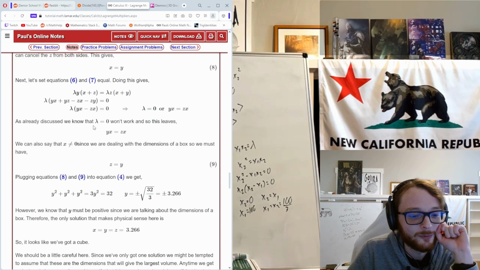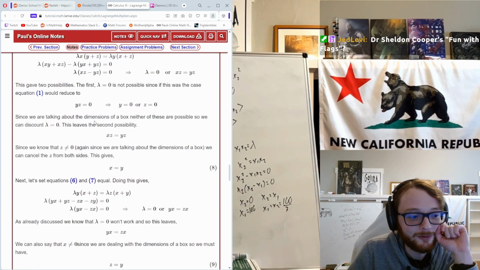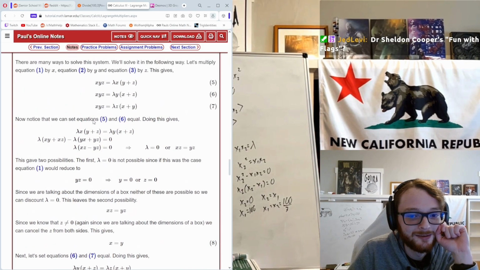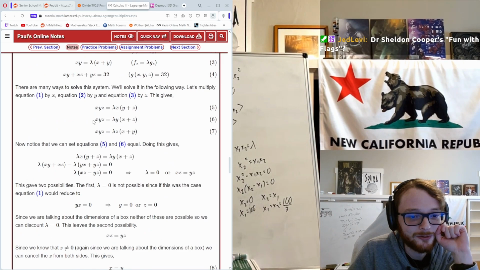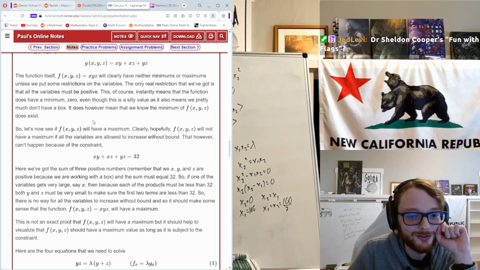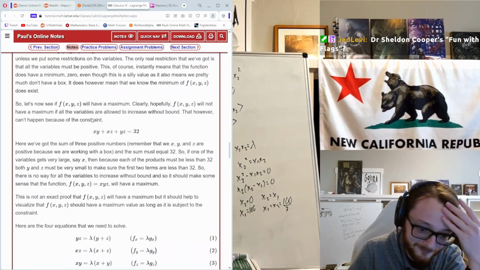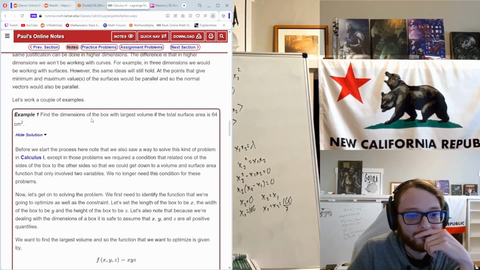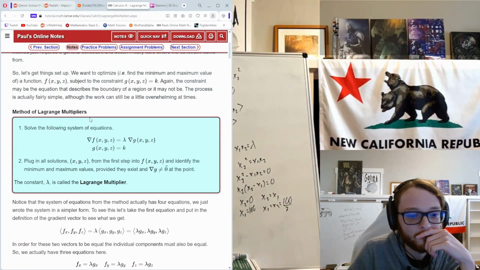Dr. Sheldon Cooper's fun with flags. Oh, vexillology is the study of flags. But I definitely have not watched The Big Bang Theory. Isn't that Dr. Sheldon Cooper? I just know there's a character called Sheldon, I guess. That's what made me think of that. Okay, and then what? Can you prove that the function itself without respect to g is a maximum, or what? Okay, it is Big Bang Theory.